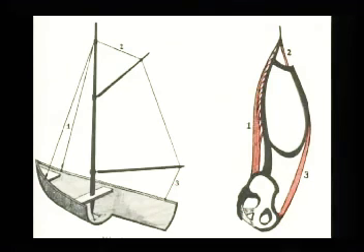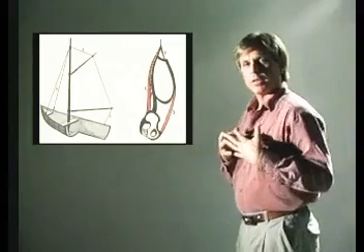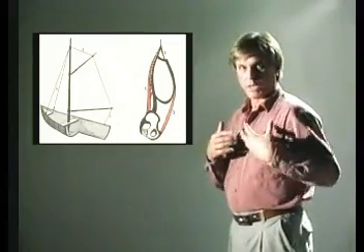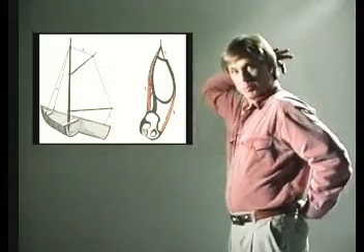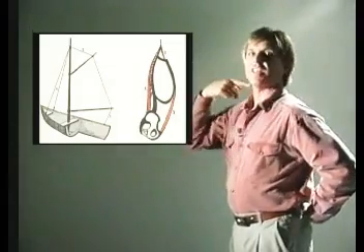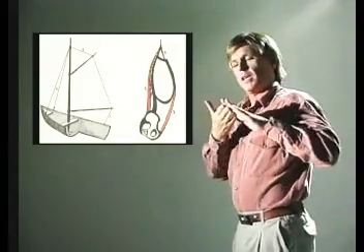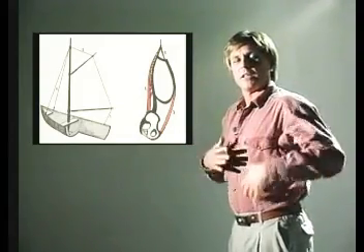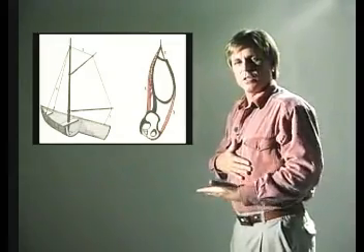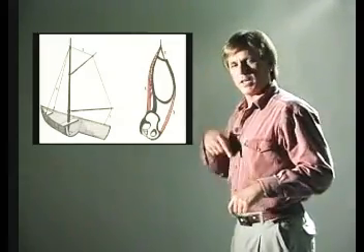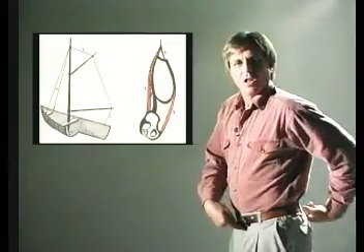Okay, so this slide shows us what we were looking at on the boat, but more precisely, exactly how the mast of the spine is arranged like a sailboat. If you look at the boat there, you have the two shrouds coming from the front of the boat up to the top of the mast, and then in our case the scalenes going down to the gaff of the first rib, and the rib cage is like the sail, and then the sail is from the boom, which would be the bottom of the rib cage, is sheeted back to the hull of the pelvis